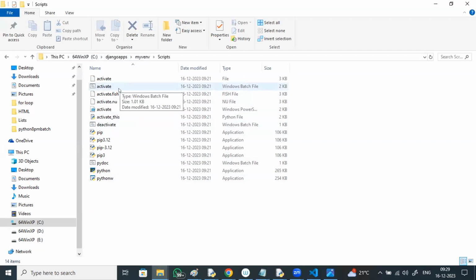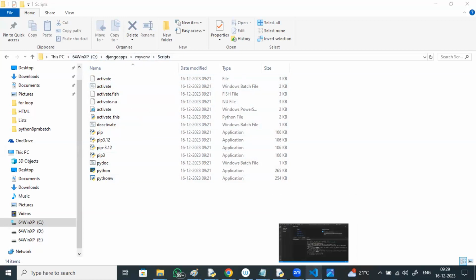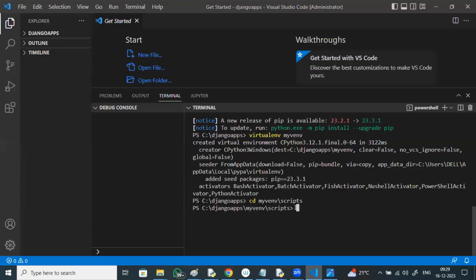So you need to enter into the Scripts folder and, within the same folder, say /activate. Whenever you say /activate, you can see my virtual environment in brackets.